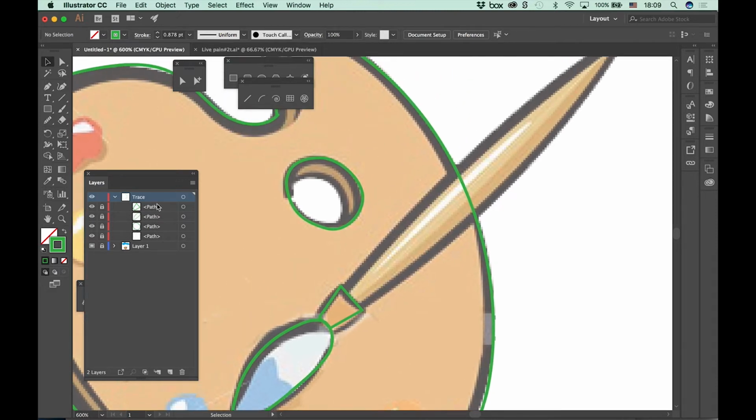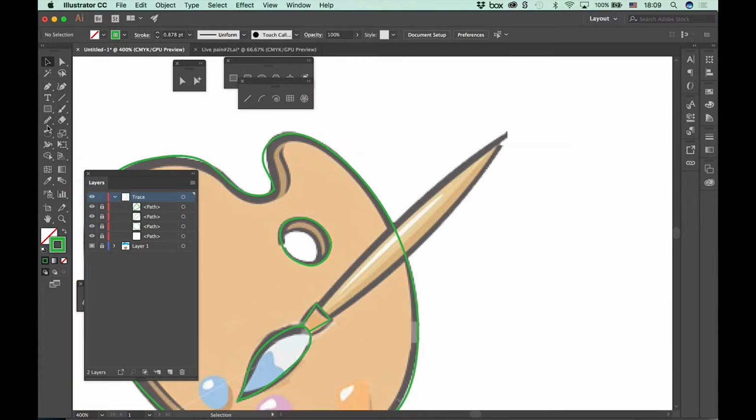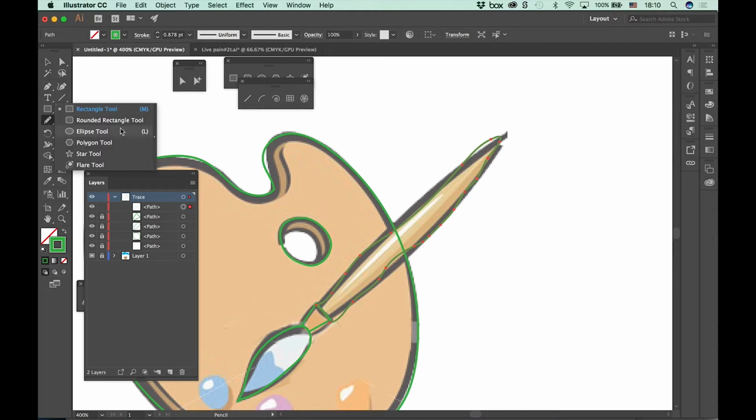And I might lock that. And all I need to do now is go with the pencil tool and just trace this area. So you can go in 1, 1, 1, 1, 1, and then 1, 1, 1 here, and close it. Didn't do a good job at all, because other tools may do a better job. But I'm going to smooth it a little bit,